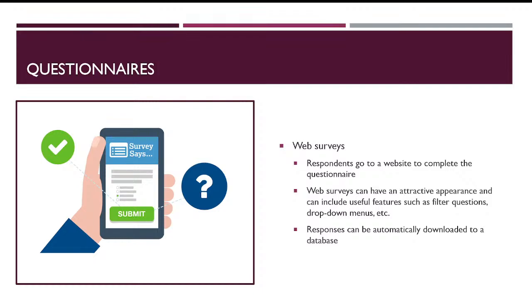Even a company in the US like Pew that used to do everything by phone has shifted to web surveys for everything. Basically respondents go to websites to complete the questionnaire. And it's easy, it's attractive. They often have a really attractive appearance. They're user-friendly. You can't skip questions. There are drop-down menus, or little boxes to check. It's becoming the standard because there's really no other way to do it anymore. People don't answer the phone. People don't answer mail surveys or any of these kinds of things.